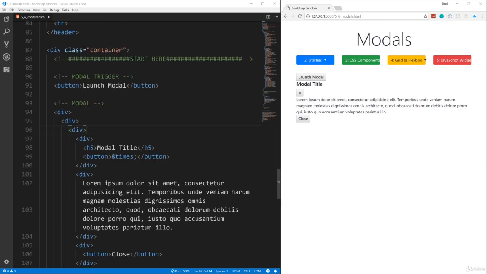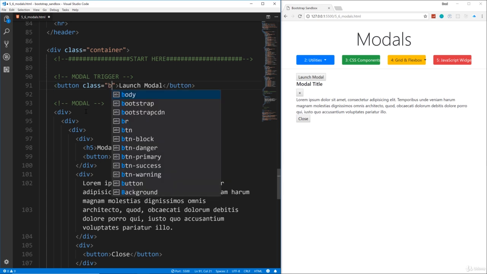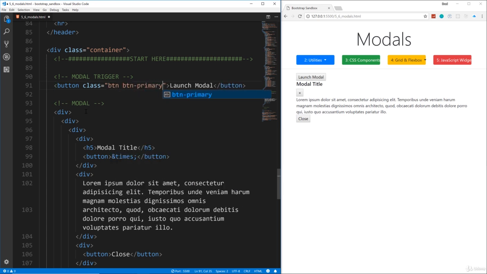So we're in 5_6_modals.html, and we're going to go down to where it says start here, and basically we want this button here to trigger a modal. Okay, so you can see we have a button here. Let's add a little bit of styling to it. So we'll give it a btn and btn-primary class,